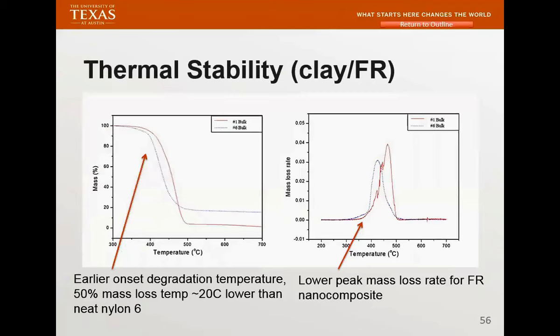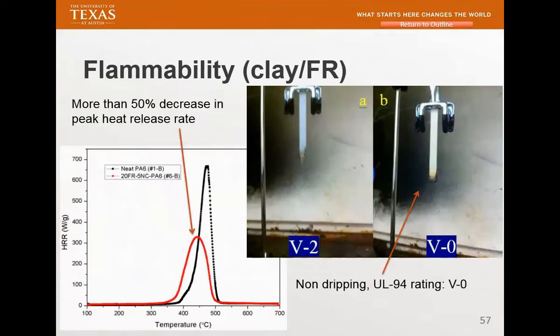Basically, you have one formula compared to the other, and then you will see which one will give you better properties. And because we usually have a large matrix, we need to down select and see which ones we need to do more characterization on. So this is a UL94 test, and UL94 V2 is dripping. It's what you call dripping. And here, the instrument actually forms a very good chart that will pass V0.